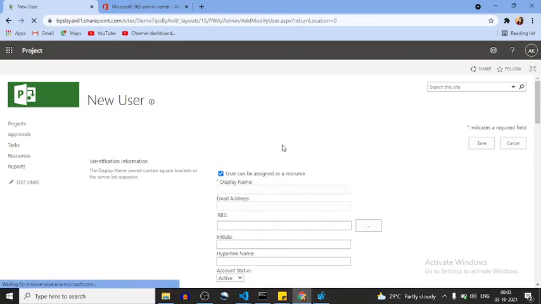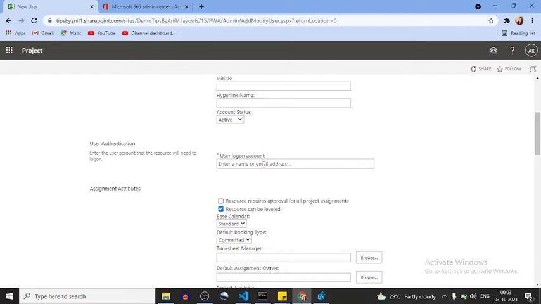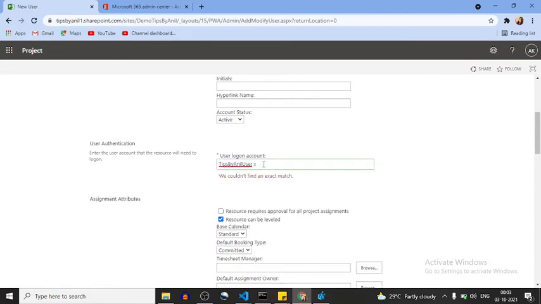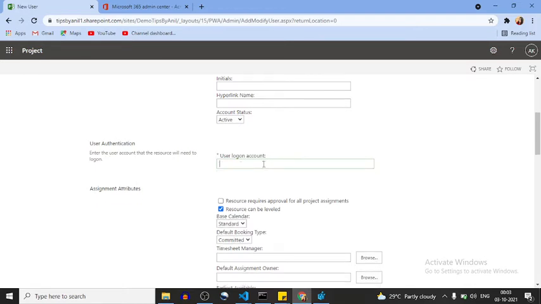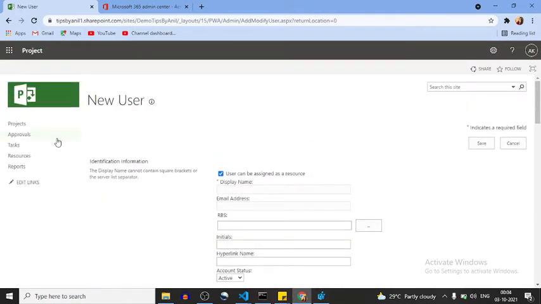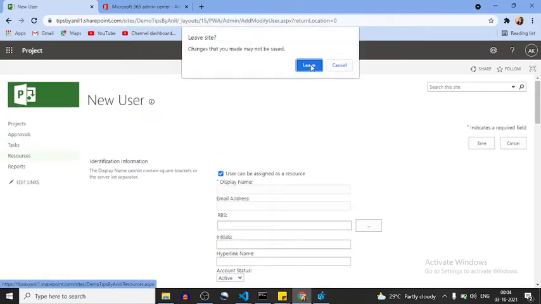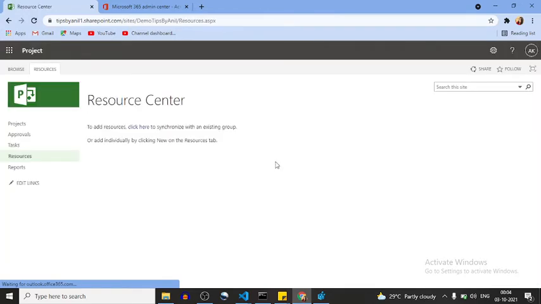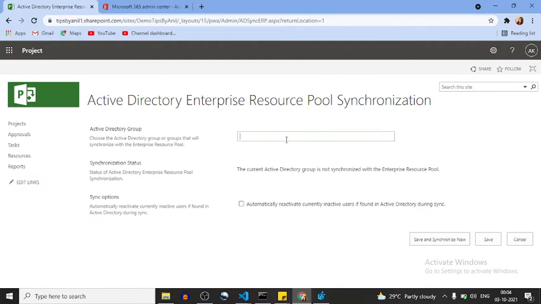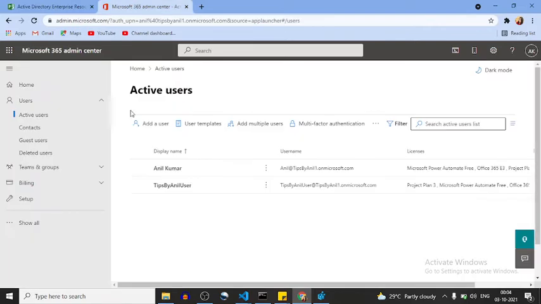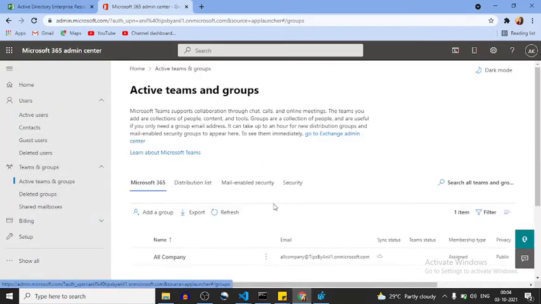When I click New User and type tips, there is no user. Let me go to the resource center. Click here to synchronize with an existing group. Here I think we cannot find it directly. So what we have to do, we will go here to active team groups.